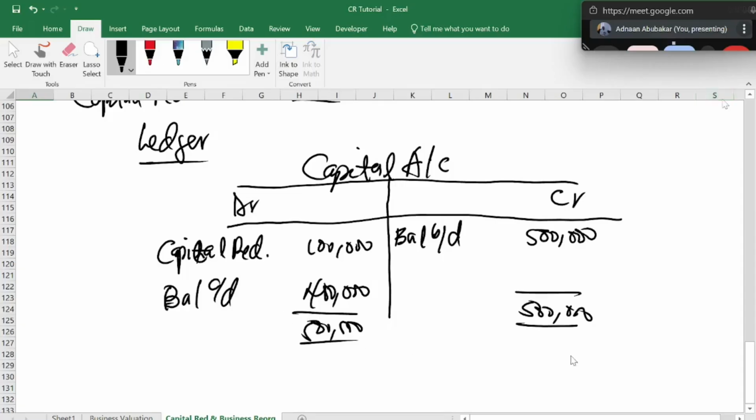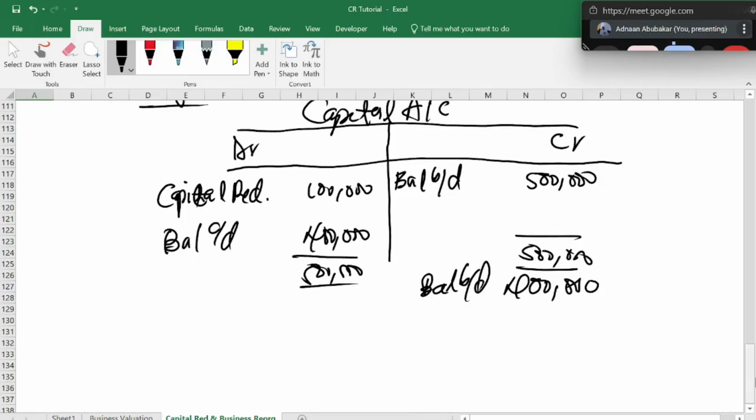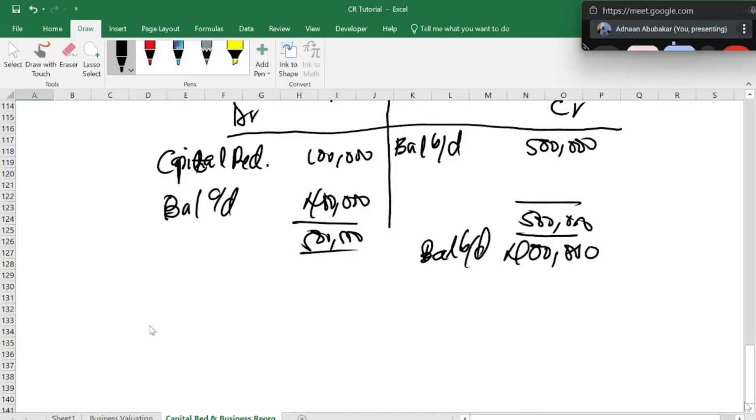So you realize that when you are done and you are taking it to your balance sheet, you take all the carry downs to the balance sheet, because now your new share capital value is 400,000. So you have it as balance brought down, which is 400,000. I believe you are following. Yes, sir. This is how capital reduction is done. By then you had already opened your capital reduction account. Capital reduction account is already open.